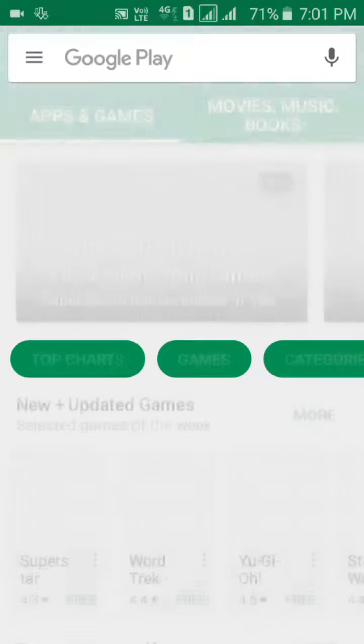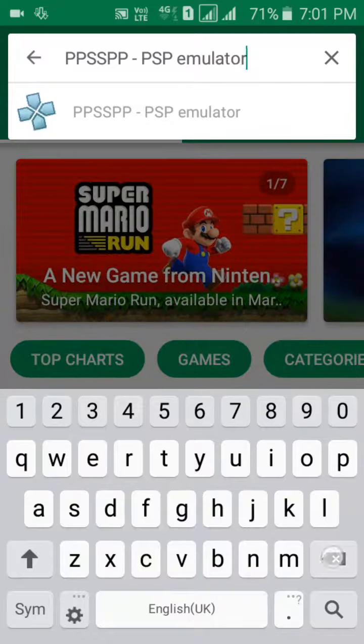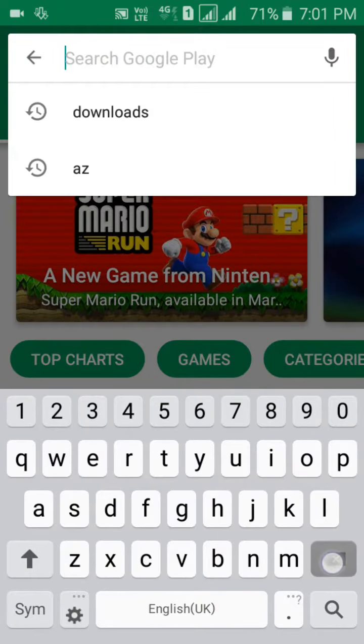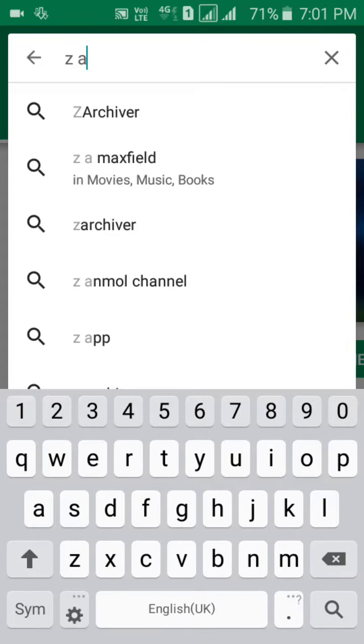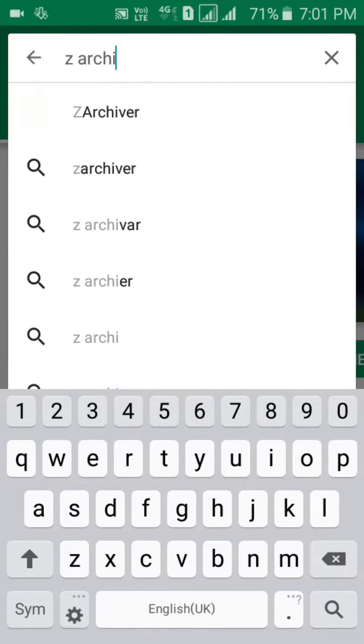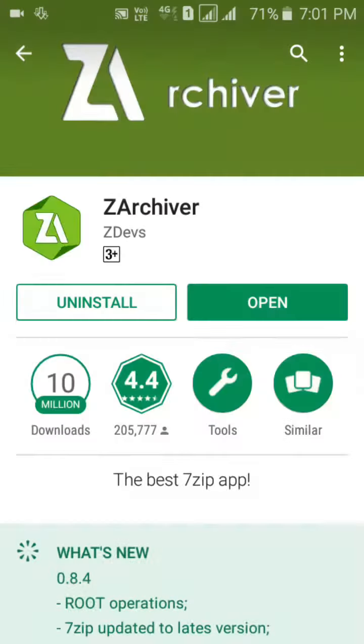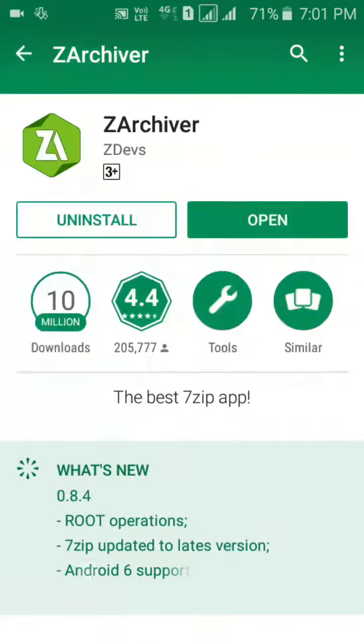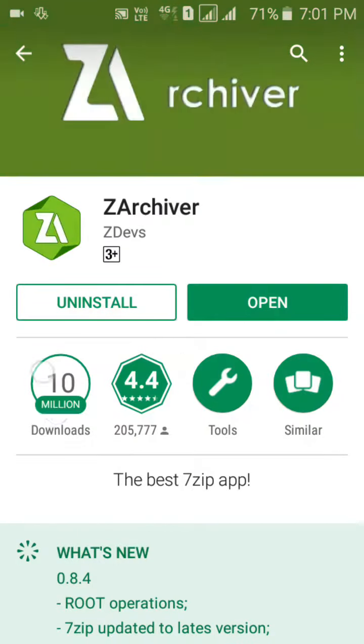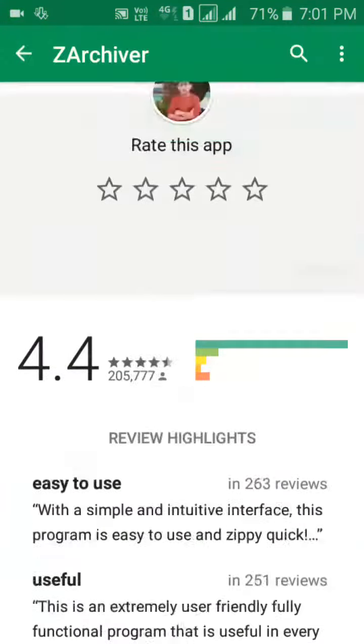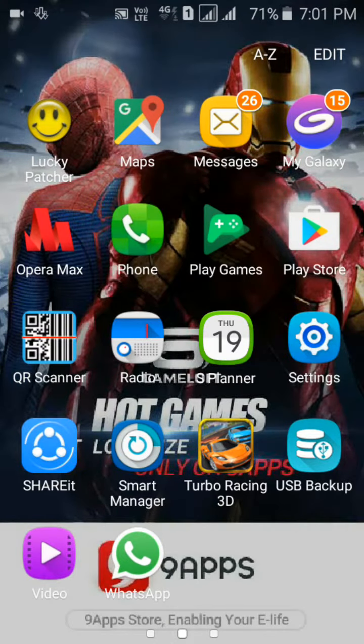After downloading this app, download another app called ZArchiver from ZDevs and install it. I have already installed this app. So after downloading these two apps,